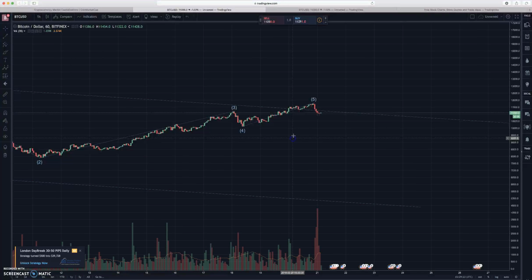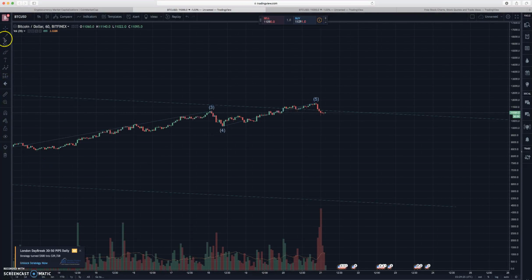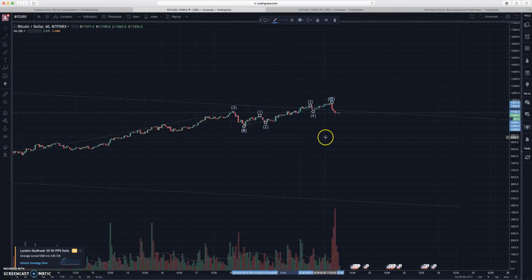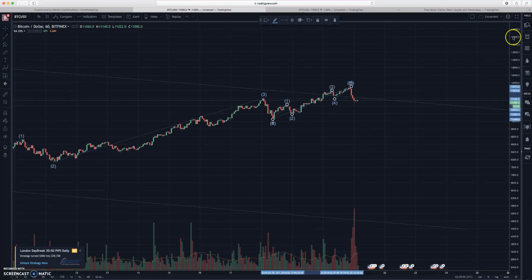So what I want to do is bring us in to this area here and draw another Elliott wave. We can have our 3 wave up here, and then our 4 and our 5 up in here. And this can be changed as well. We could have our 3 wave here, down to here, and then up here. But this just makes the most sense to me, looking at it for as long as I've looked at it.